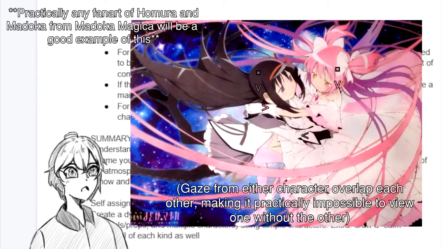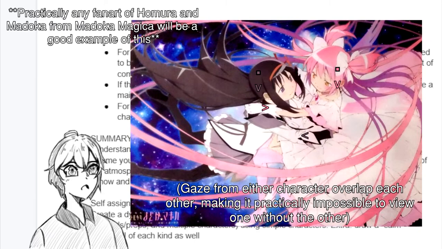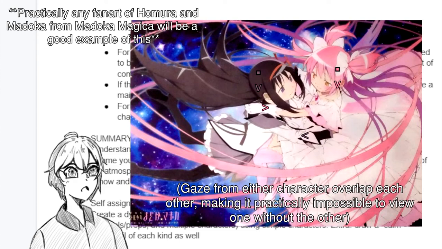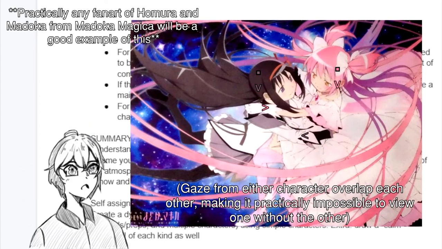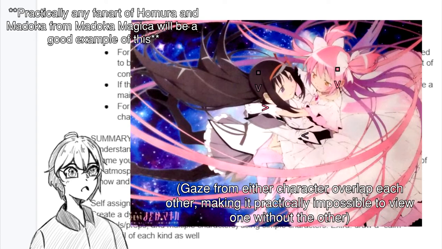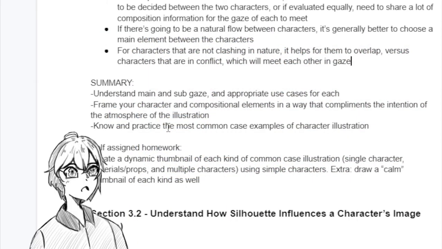So like I said, cuddling would be a good example where you might start viewing the character from their limbs and their legs that are closer to the foreground of the illustration, but then draw in together to them cuddling in the middle ground. That's just an example, but keep in mind that you can develop underlying compositional themes using the idea of designing how your viewers are going to gaze upon your illustration. So it was a little bit difficult to try and put into words, but I hope that helps in summarizing the way that Chyan builds upon trying to design and plan compositional elements that best support your underlying